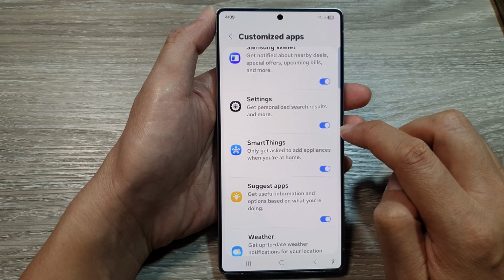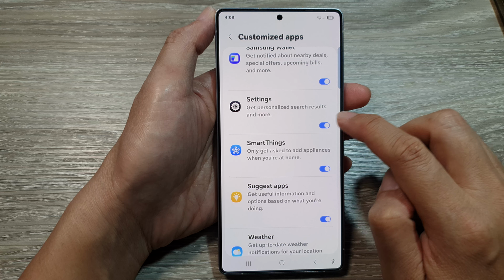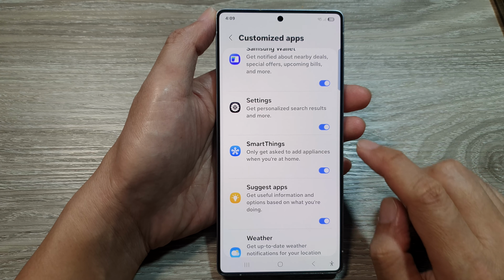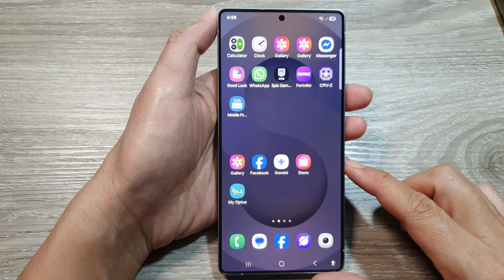it on. When this is turned on, you can get personalized search results and more from settings. And that's it. After you can tap on the back key or tap on the home button to return back